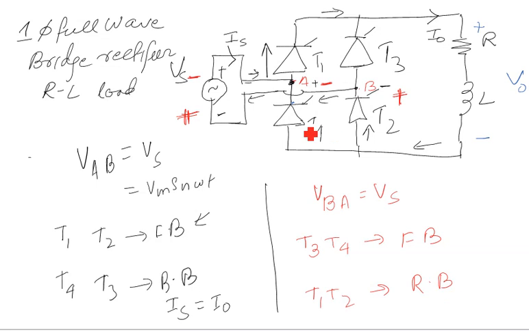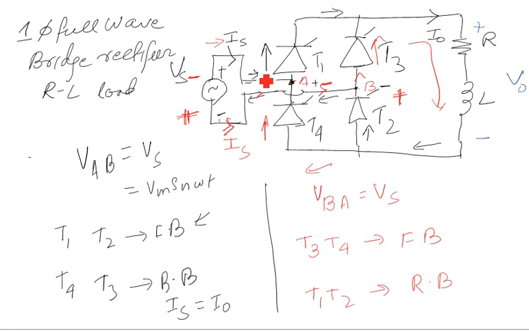What will be the current direction? The current direction will be exactly opposite to what we have assumed. We assumed the current would come out from this branch in the positive cycle, but now it is coming out from this branch, so the current direction reverses. Current will come from here, the red cycle, and go to T3. T3 will operate; we give the gate pulses to T3 and T4. It will go like this to the load and then like this.